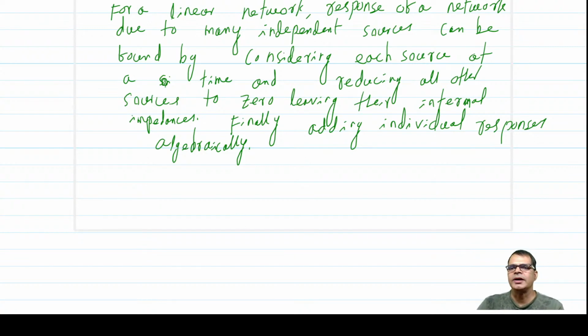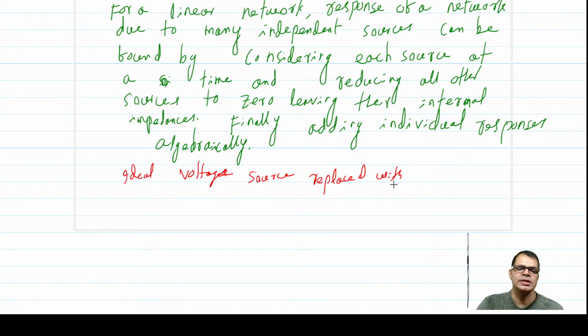So if you have a voltage source, when you reduce the voltage source to 0, it is replaced with its internal impedance. The ideal voltage source has an internal impedance of 0, so the ideal voltage source is replaced with a short circuit,